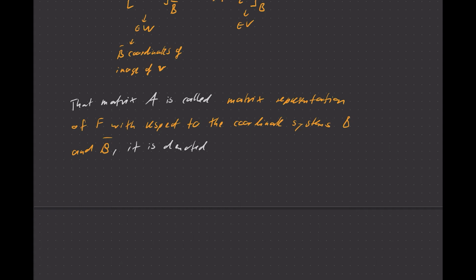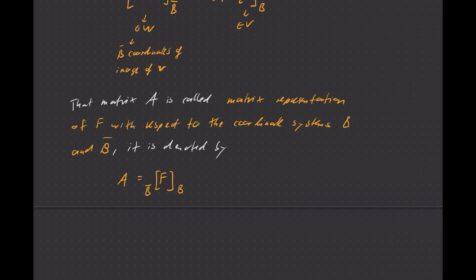It is usually denoted by a similar notation as for the coordinate vectors. So for this A, we'll use the notation F. We put that in brackets, and then we put the coordinate systems as indices here. We'll use the coordinate system of the input as a subscript on the right, and for the output, we'll put it as a subscript on the left. So what that means is